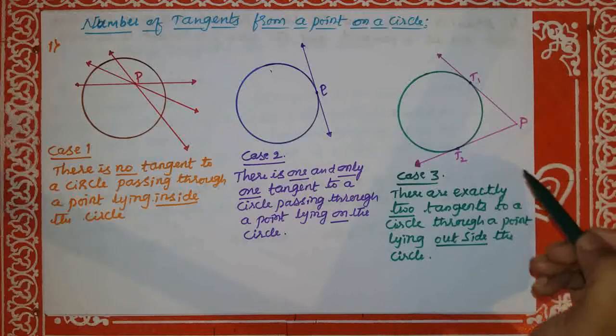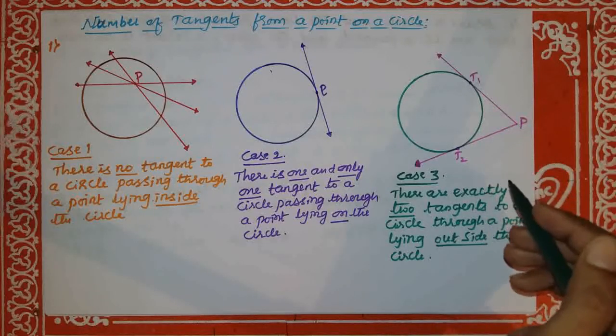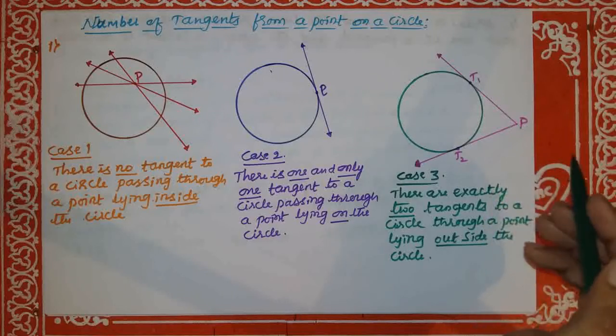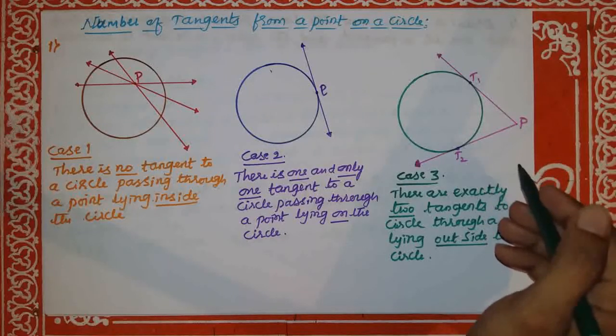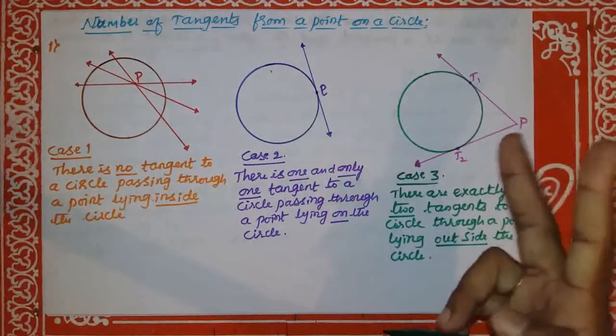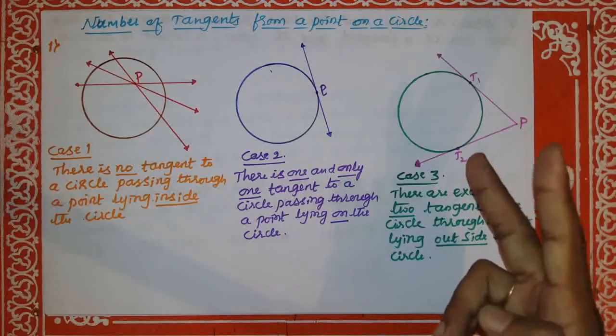In annual examinations, sometimes they will ask how many tangents can be drawn from an external point to a circle. It is possible to draw only two tangents. Okay,